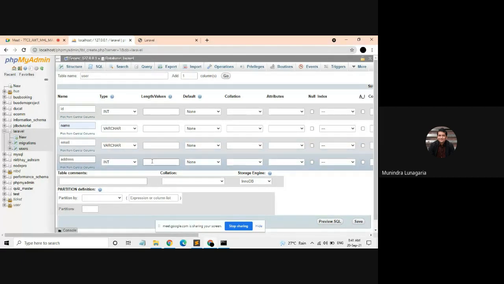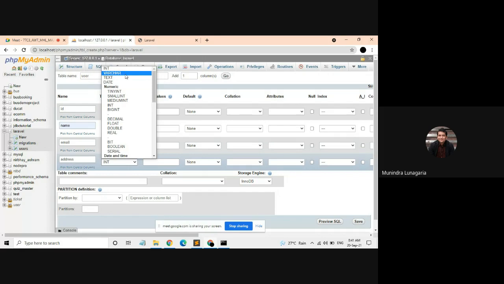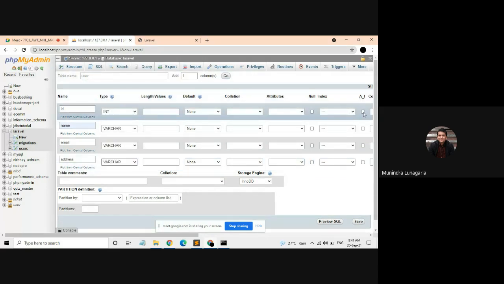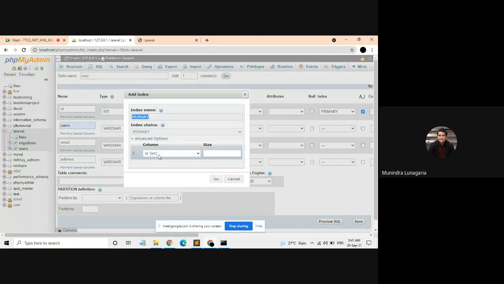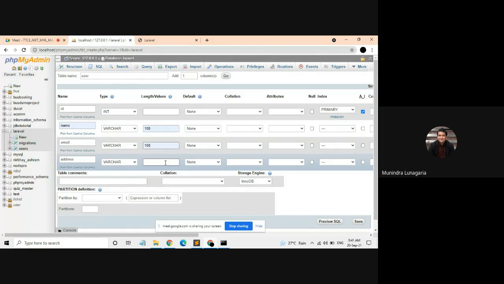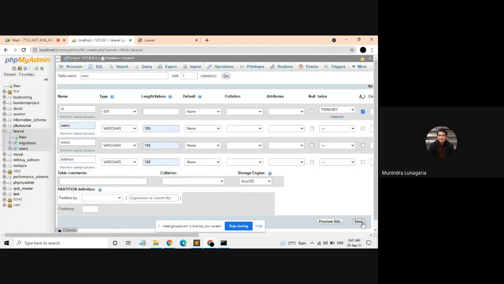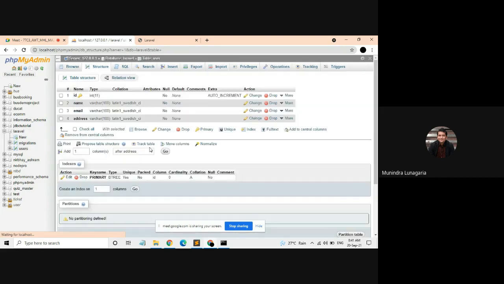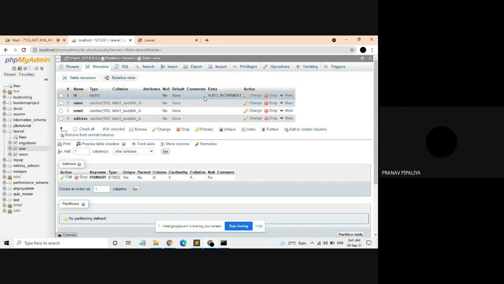Address varchar. Give the range 100, or 50, whatever. ID length value. Sir, I think it is auto considered. Okay, no problem. Fine. So now this will work.